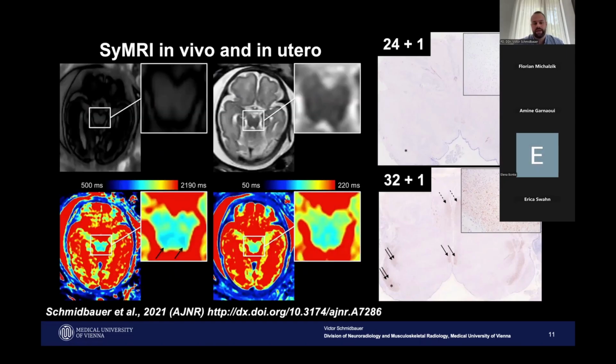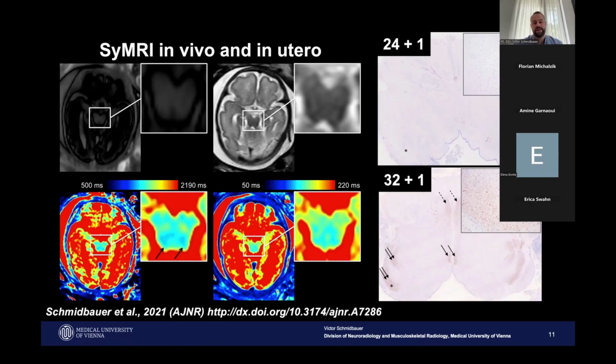And of course, we made an attempt to apply this technique also in vivo and in utero, and we already published an article on that in a series of 12 cases. So of course there is fetal movement, so it will take some technical optimizations to make it run for routine fetal imaging. However, the technique holds the potential to be used in these fragile patients and